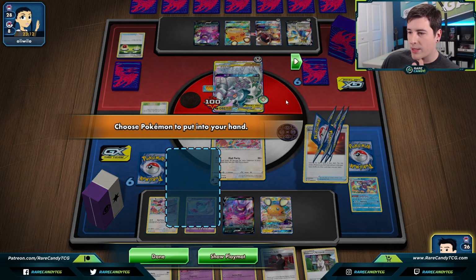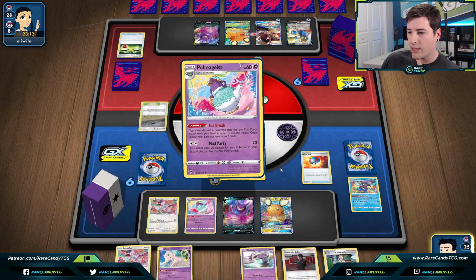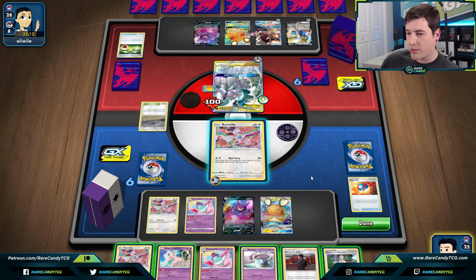So we're going to go for a Great Ball. Okay, and we do hit a Poltergeist, and from there we can Research. So it is unfortunate we probably will have to get rid of... well, actually, we could get rid of...